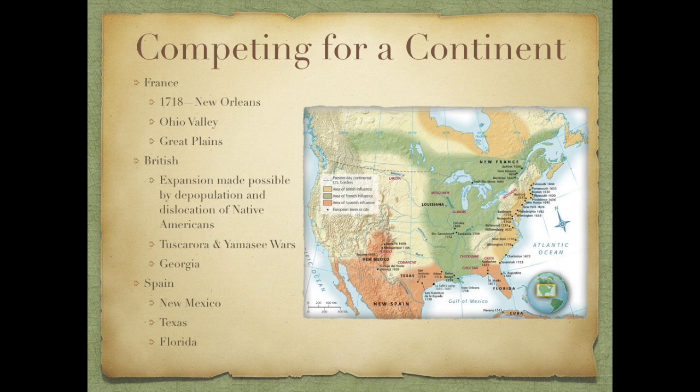The Iroquois were basically the central native power in the region, and independent of the British, hoped to use that to deflect British expansion from encroaching on their own territory.